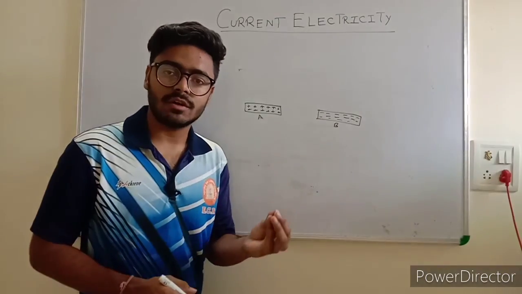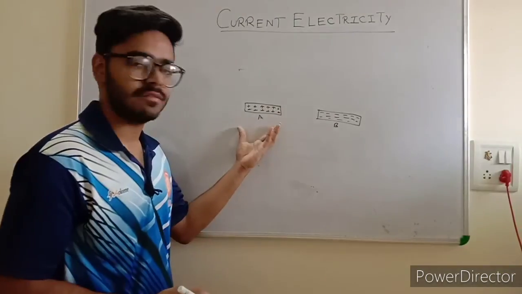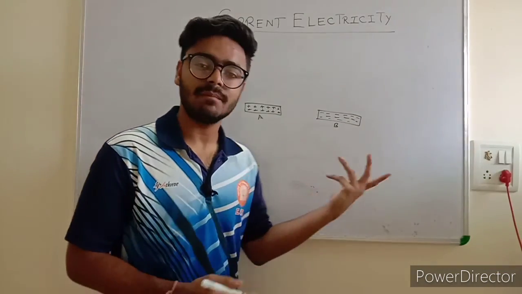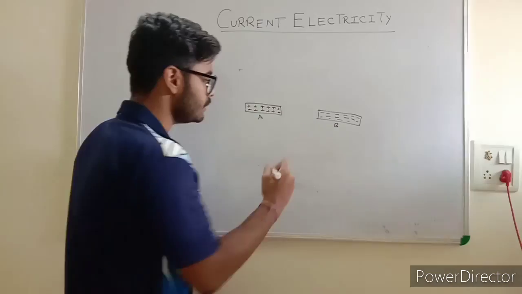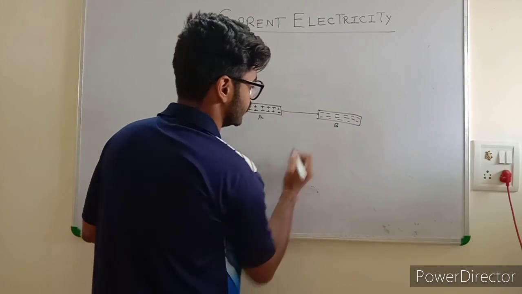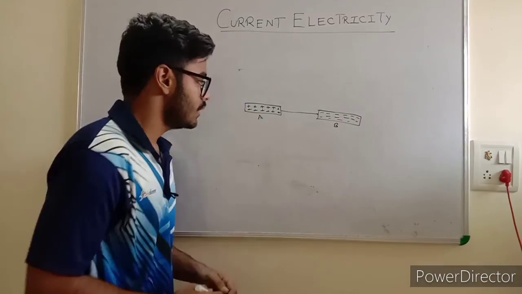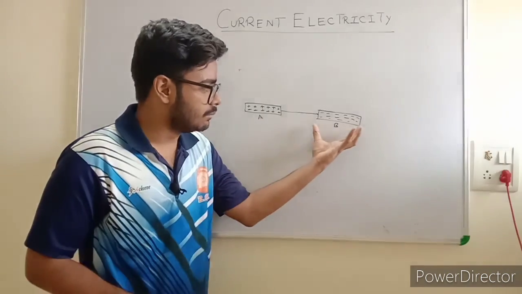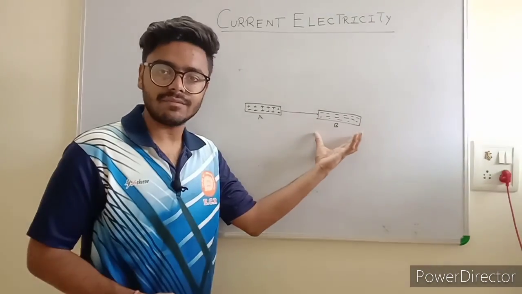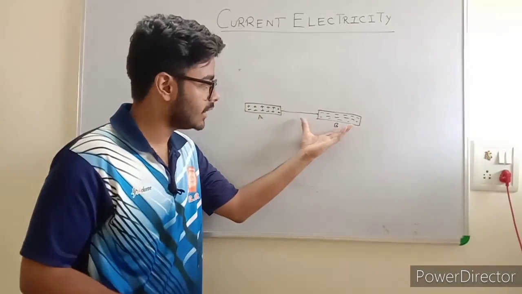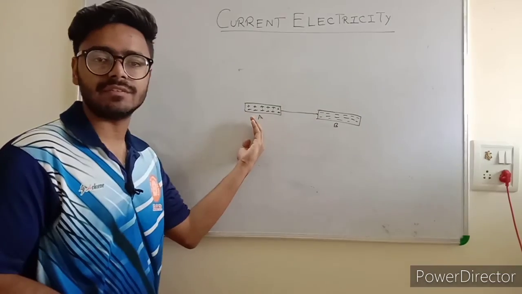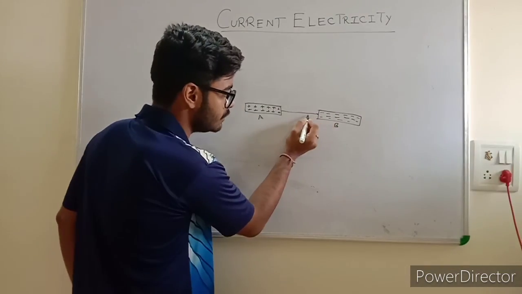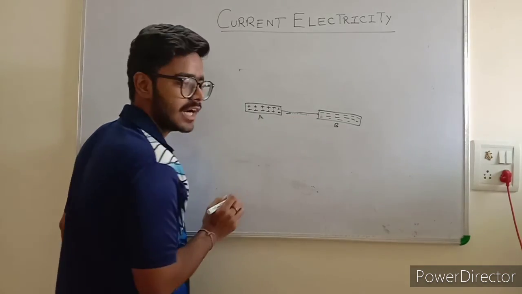If a body has a majority of positive charge, it is known as positively charged, and if the body has a majority of negative ions, then it is known as negatively charged. If we connect them by a conductor, we all know that only the electrons move, so the positive charge will not move. Because the electrons are free, the negative charge will move towards the positive charge. After the connection, the negative charge ions will move towards the positively charged body.